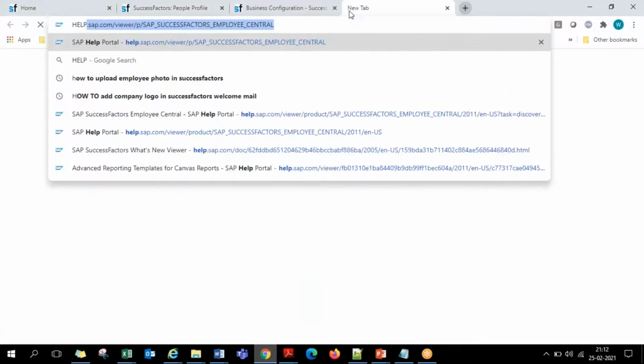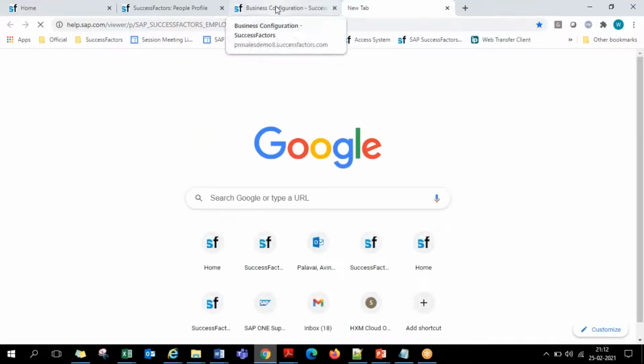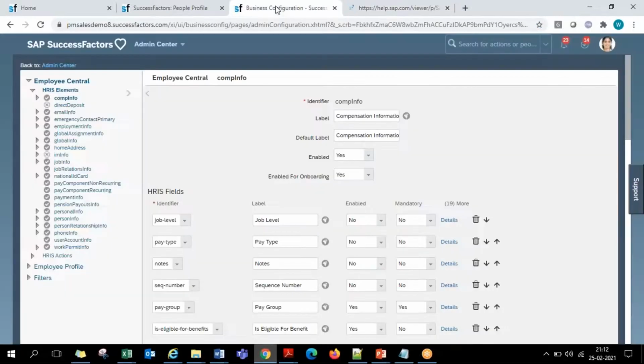On help.sap.com, we can download all the standard four XML files that are readily available. That site definitely requires user credentials, guys, and the credentials you log in with should be certified credentials. Whenever you get certified, you get SuccessFactors credentials as a user ID and password. Only with that can you log in and be authorized to download any documentation, XMLs, anything from the help.sap.com website.